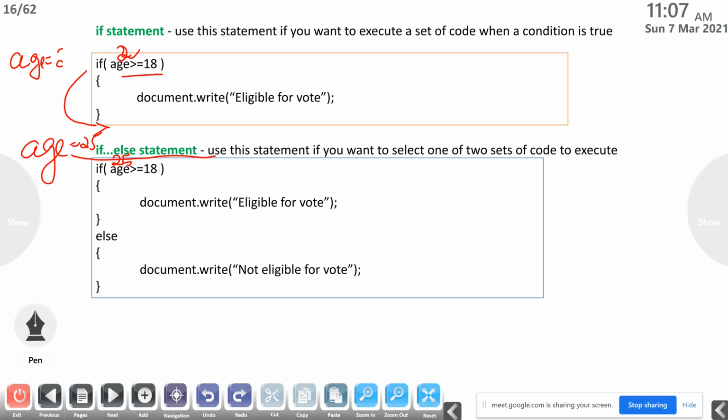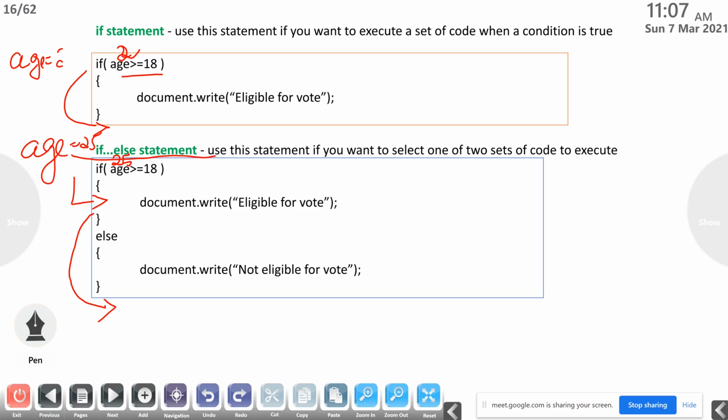Then 25 greater than or equal to 18, the condition is true. Then what will happen? It will enter inside the open brace of the if statement. So here document.write eligible for vote. Then after that it will move out of the if statement. It will not enter the else part.